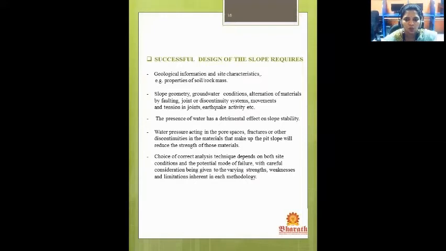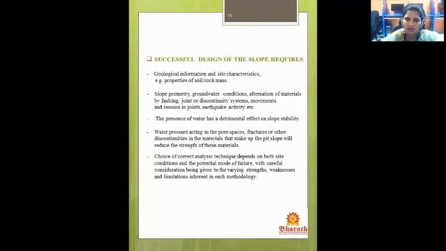Successful design of a slope requires geological information and site characteristics, for example properties of soil or rock mass, slope geometry, groundwater conditions, alteration of materials by faulting, joint or discontinuity systems, movement and tension in joints, earthquake activity, etc. The presence of water has a detrimental effect on slope stability.